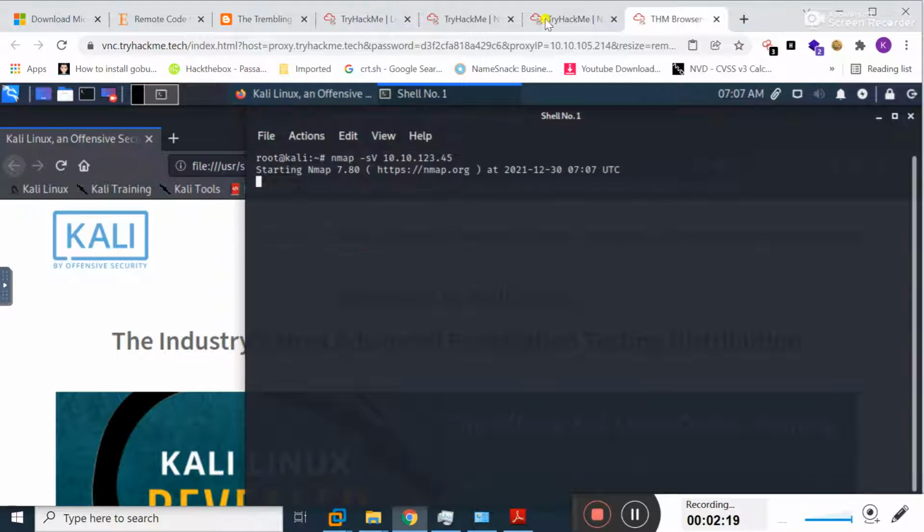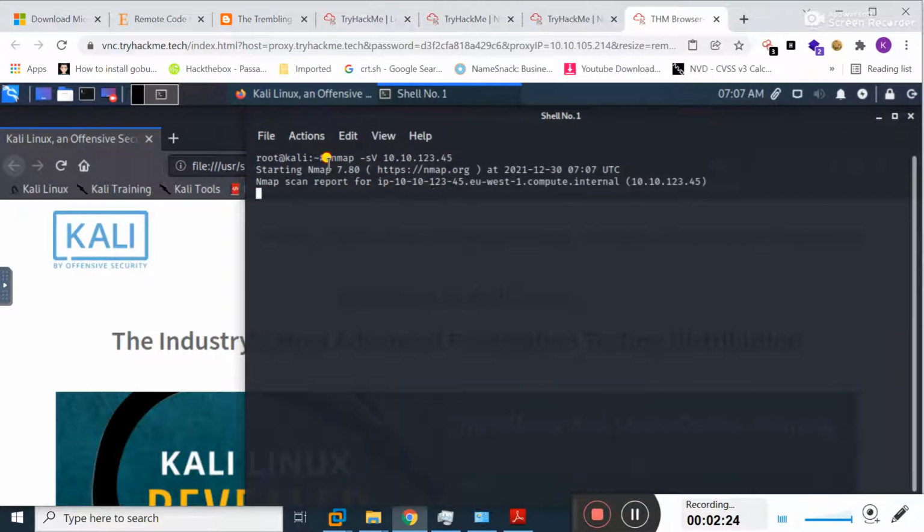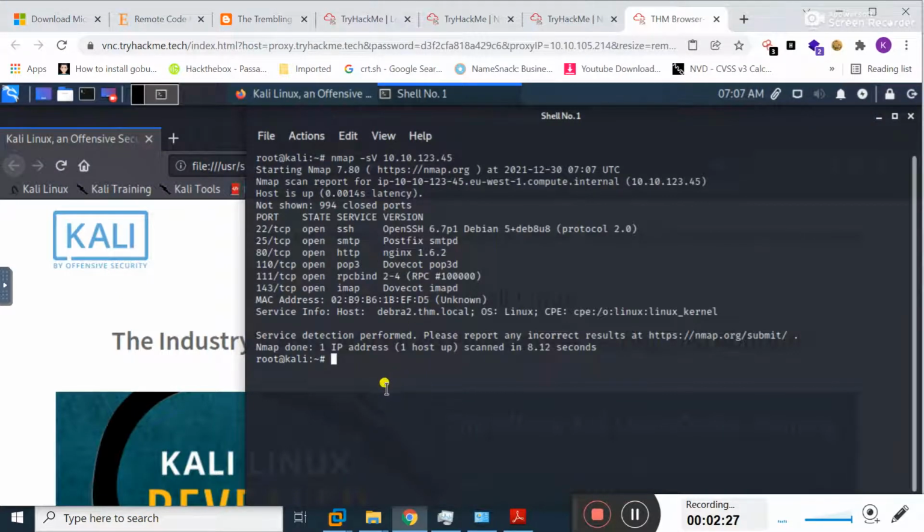Let's see. Okay, Nmap displays the result. Here you can see some ports of this target machine are open, that is port 22. Obviously this is for SSH, and version numbers of different services are also present. Say here on port 110, POP3 service is running, and the version number of this service is this one. So this is the way you can perform service version detection by using the -sV switch.